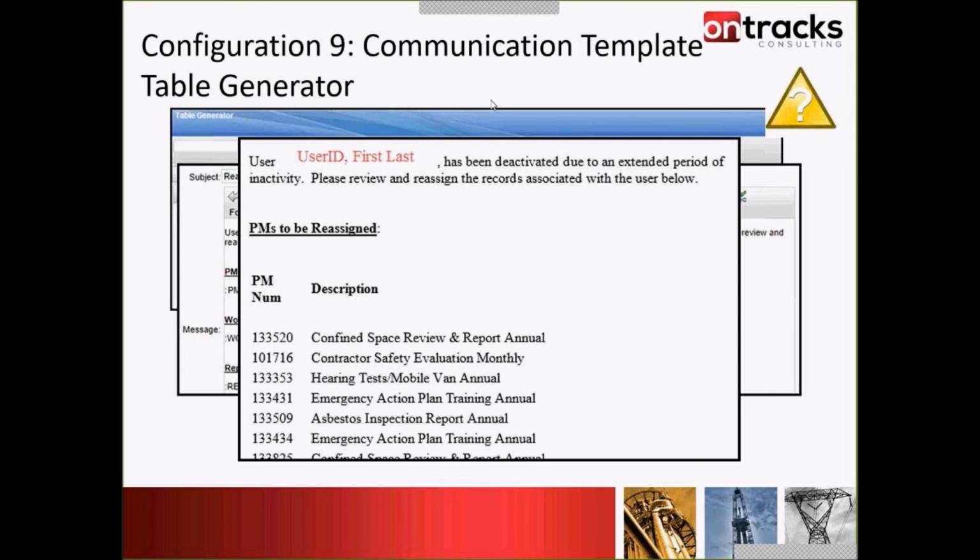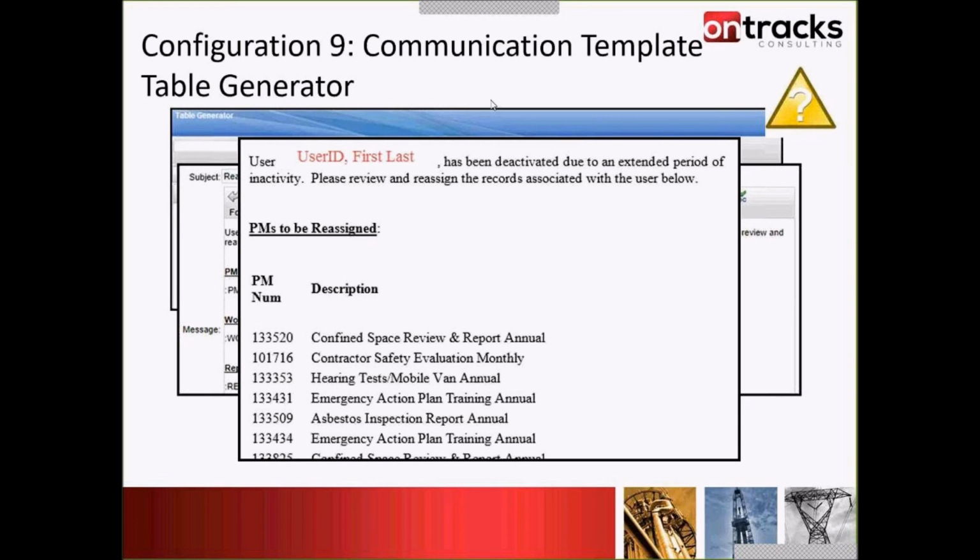So it's going to say this user has left the company. Here's all the stuff you need to deal with. It's got list 1, list 2, list 3, list 4, which of course is not out-of-the-box functionality. You can't create lists inside of communication templates otherwise. So again, very useful, very lightweight, all done using